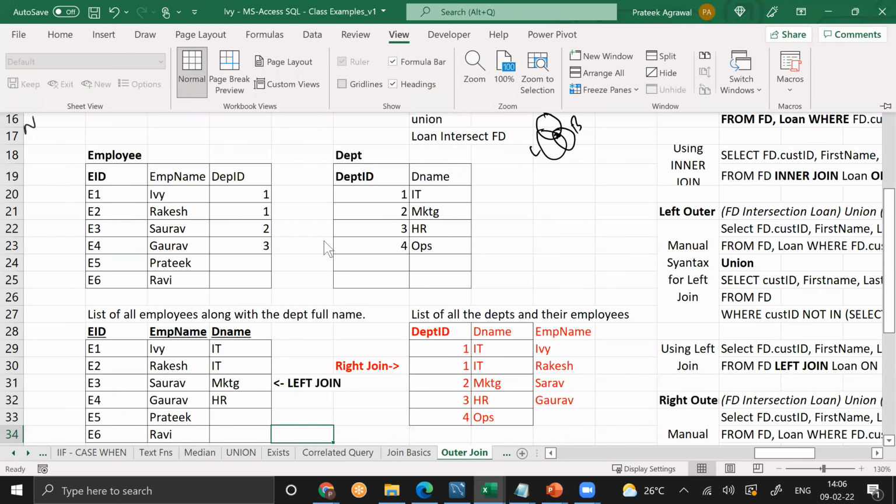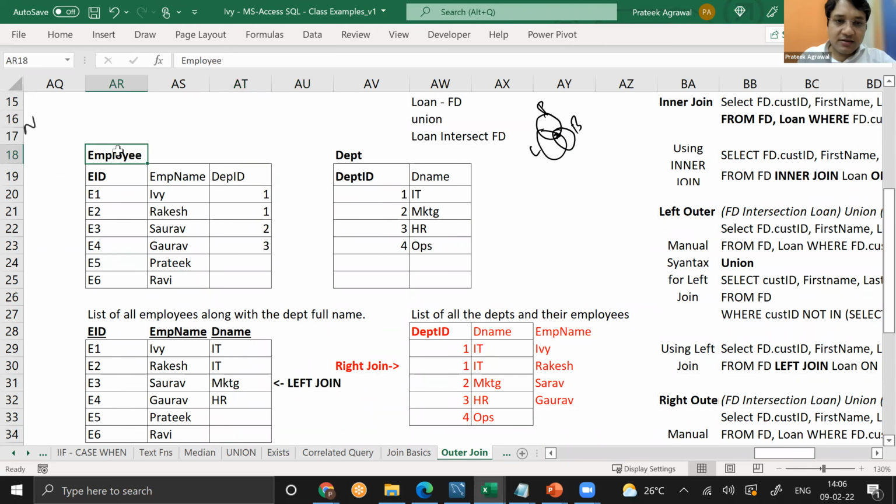Let's look at this. So what we are doing is a quick recap of inner join, right? Then we will also talk about different flavors of joins, and why and when we need different flavors of joins. But look at this. Imagine you have a table called employee, which is a master employee table, all the employees in a company. And then you have another table called department. That department table has a list of departments in the company. In the employee table, there is a column called department ID, which is common with the